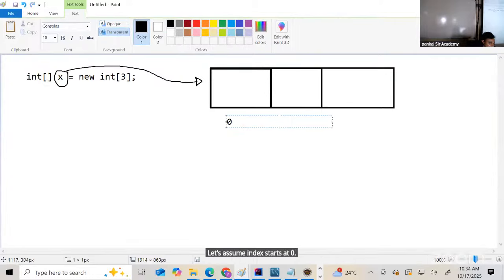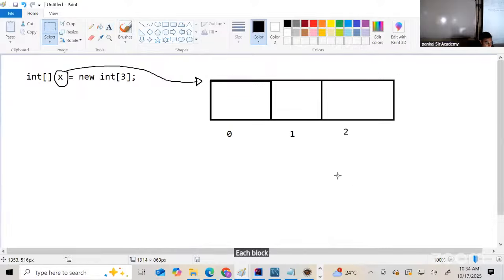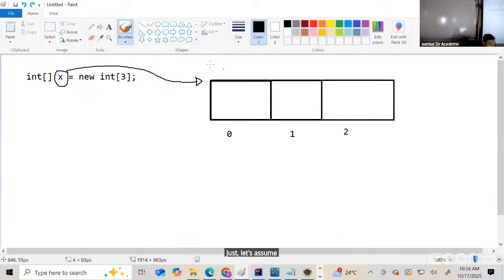Why does the array start its index with 0? So there is an explanation for it. And each block that I'm talking about here has a starting address. Let's assume the starting address of this block is 200. So obviously this block will start at